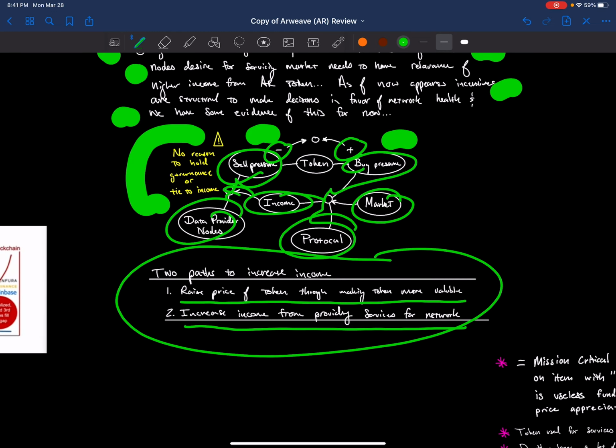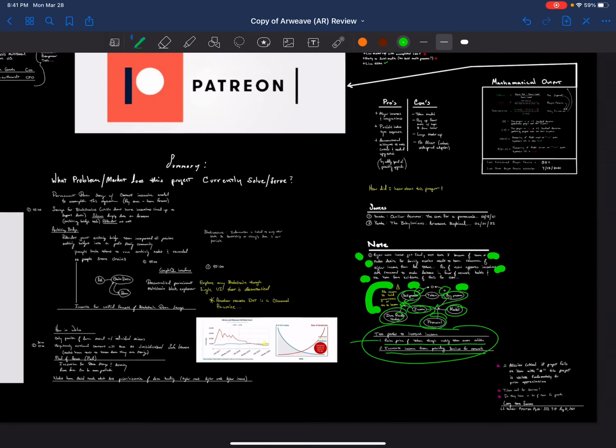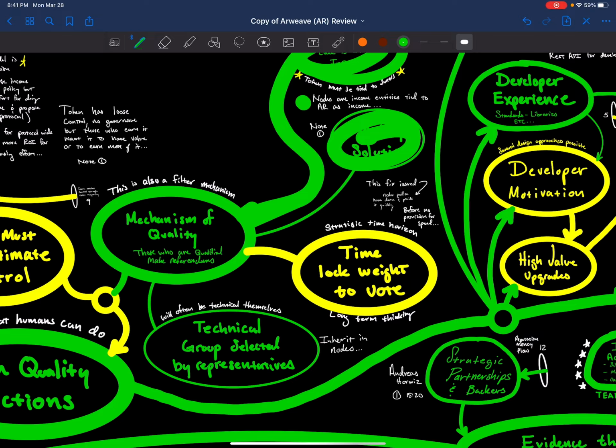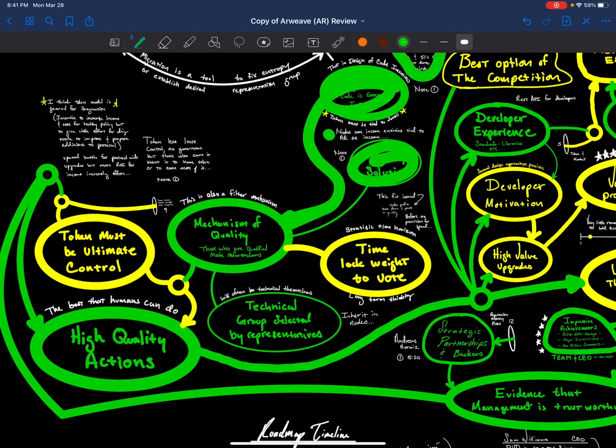So as you can see, a node could either be a provider for more entities to get more income, or it could advance the network by having upgrades. And I think it would be harder for this one to go into effect because it would be an uphill battle. It would be a lot more work, and you want to do as little work as possible for income, because if you were to do all this work and make an upgrade, then you have to get the system-wide support from the other nodes, etc. So that could be a potentiality for stagnation. But as of right now, it looks to be the case that upgrades are going into effect. So that means that governance, or the design of the nodes being the caregivers of the network, is working.